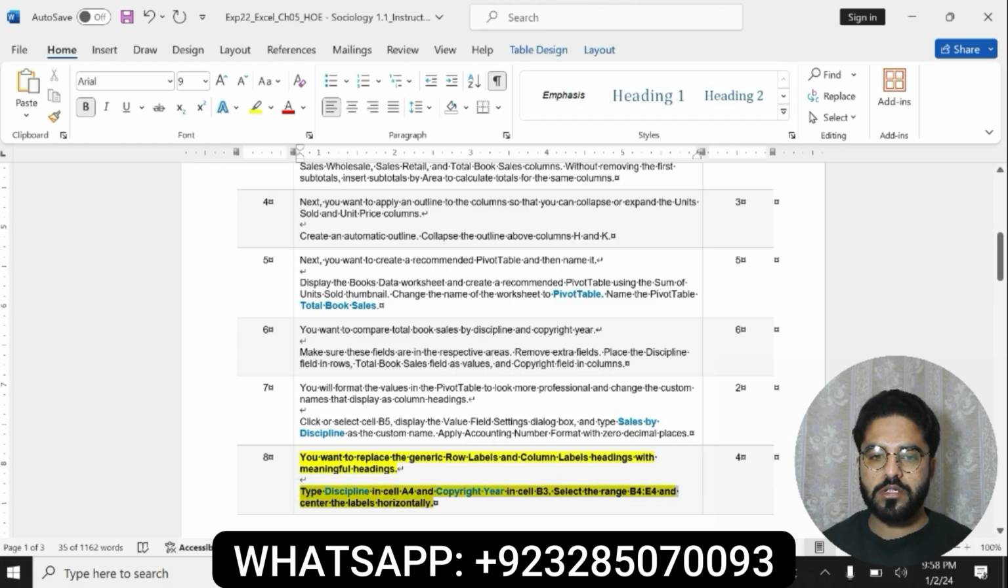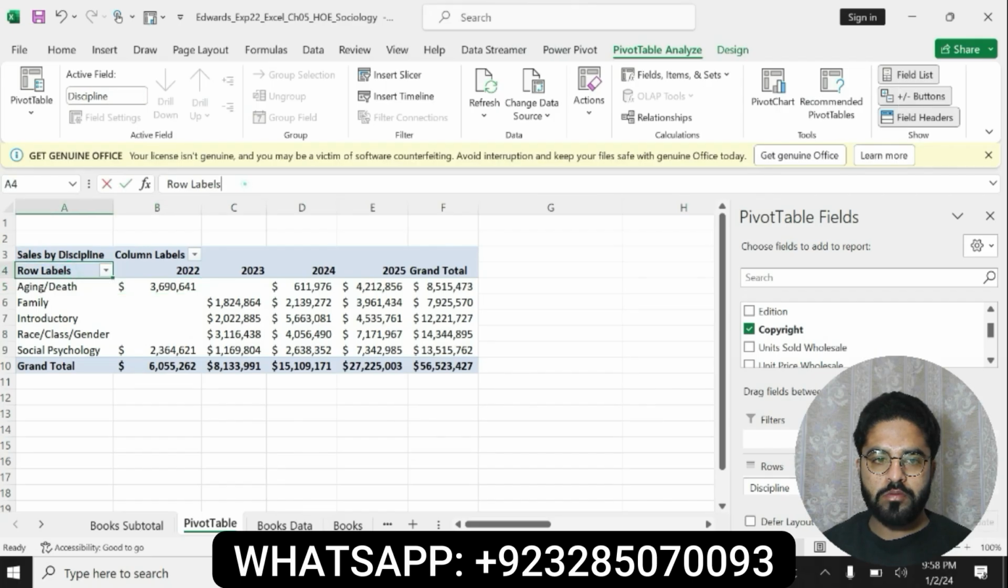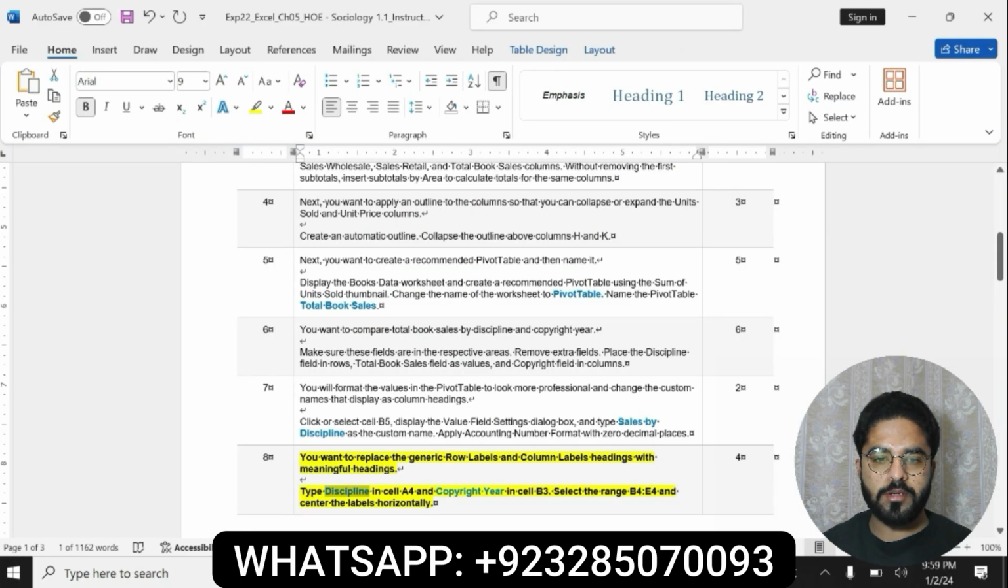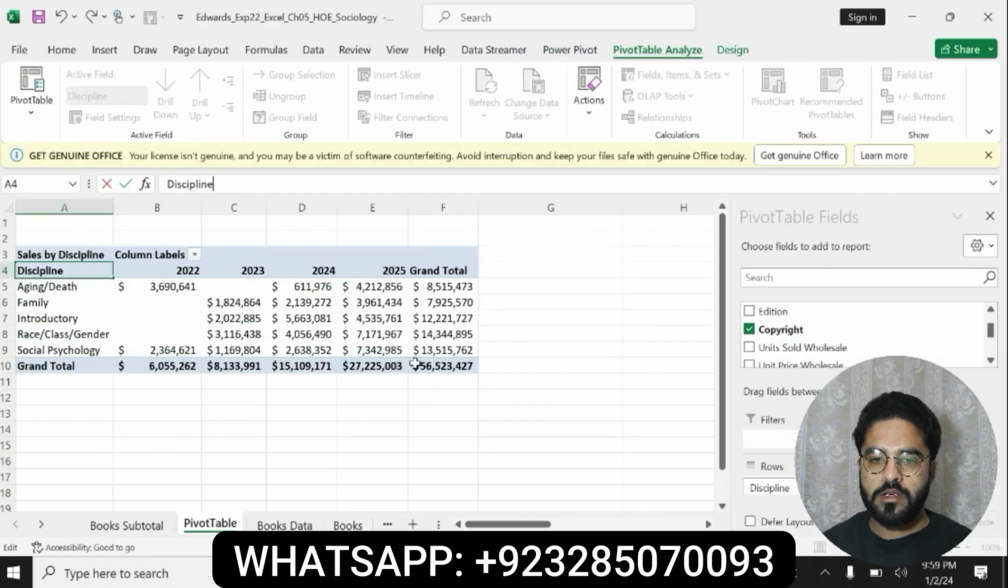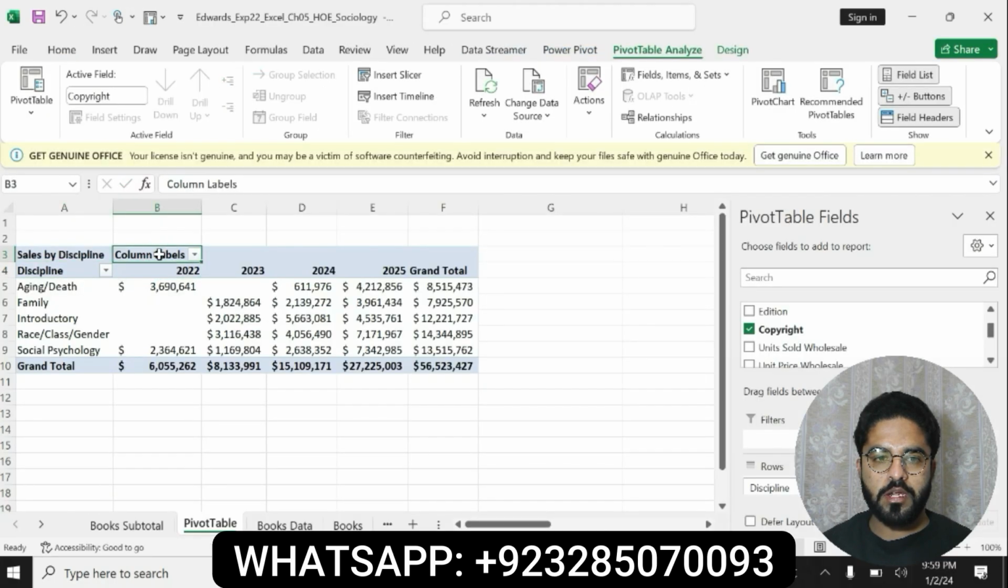Question number 8. Question number 8 is: you want to replace the generic row label and the custom label headings with meaningful headings. Type Discipline in cell A4 and Copyright Year in cell B3. Select the range B4 to E4 and center the labels horizontally. So you will have to type Discipline in cell A4 and Copyright Year in cell B3. In cell B3 you will have to type Copyright Year